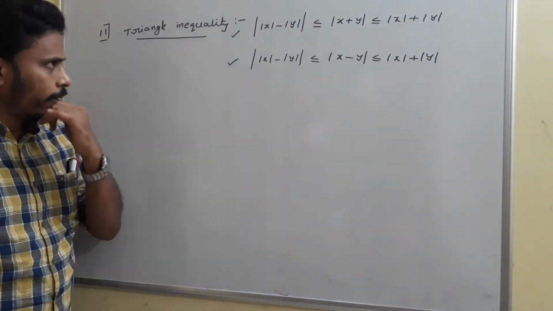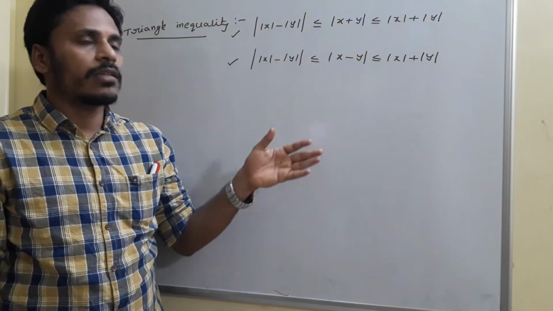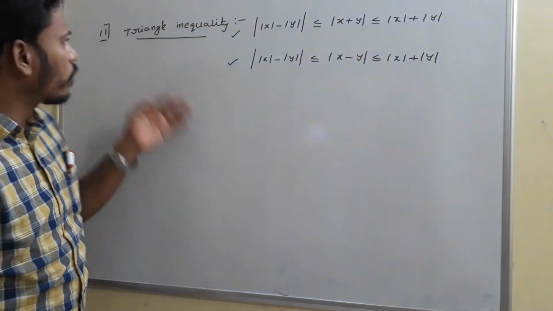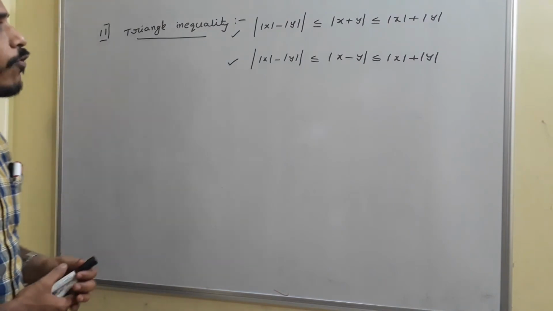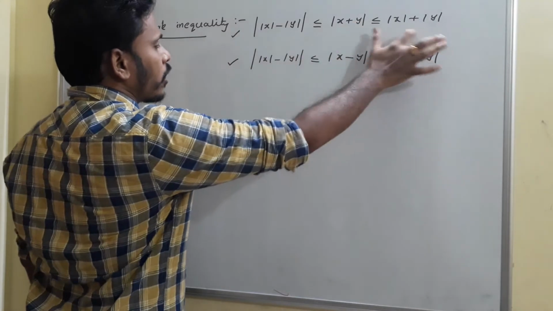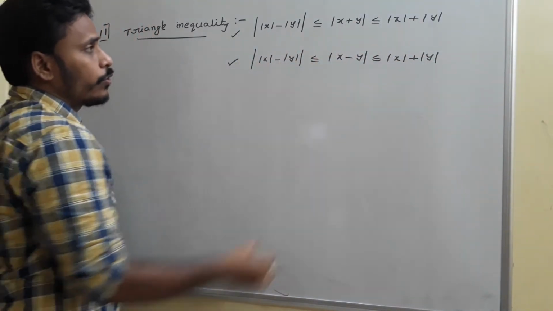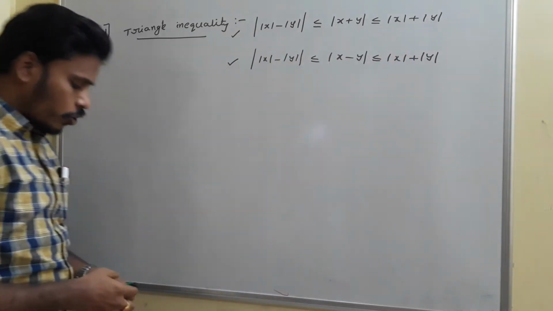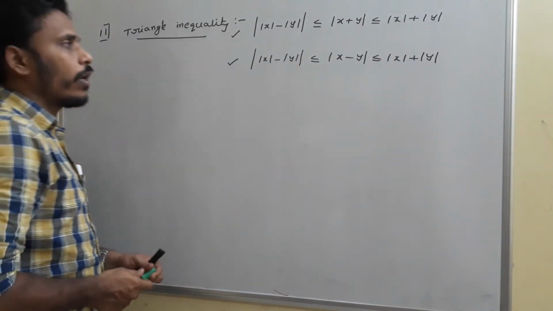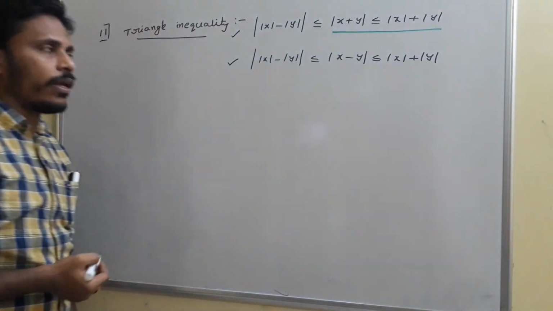Okay, and based on this triangle inequality, again there are some problems and we will solve those problems in the next point actually. And now first of all, look at the problem. First of all, pay attention to this first statement, and in that first statement think about this part first. So my idea is proving this: mod x plus y is less than or equal to mod x plus mod y at first.